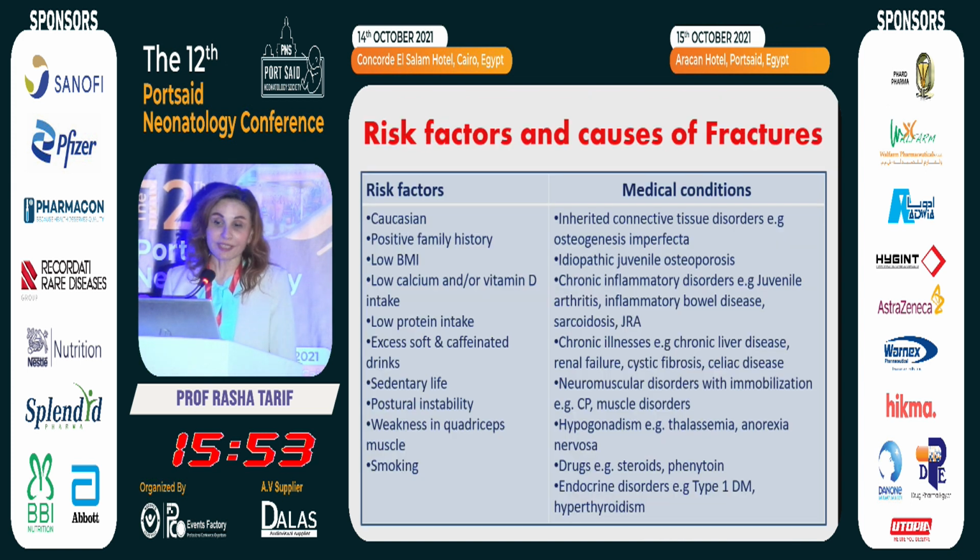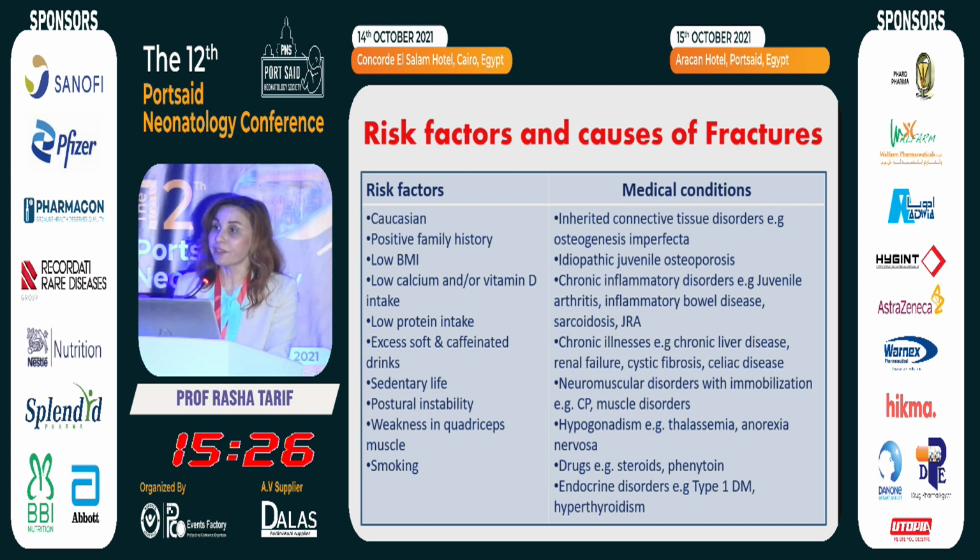In this table, you can see the risk factors and the causes of fractures. Looking at the medical conditions, we have inherited connective tissue disease, on top of the list osteogenesis imperfecta, idiopathic juvenile osteoporosis, chronic inflammatory disease like juvenile arthritis, inflammatory bowel disease, sarcoidosis,